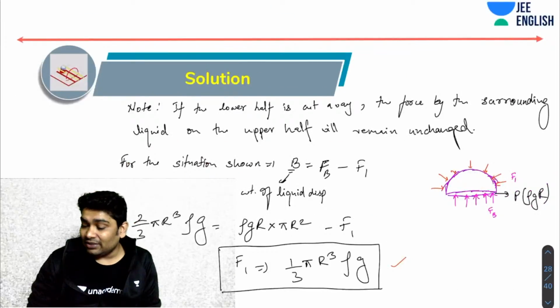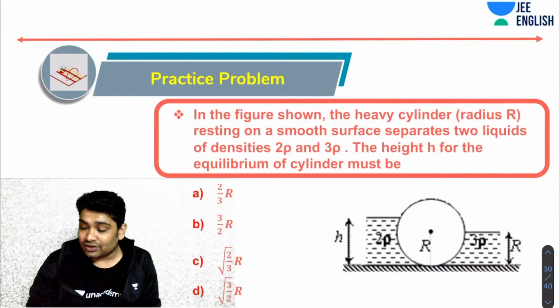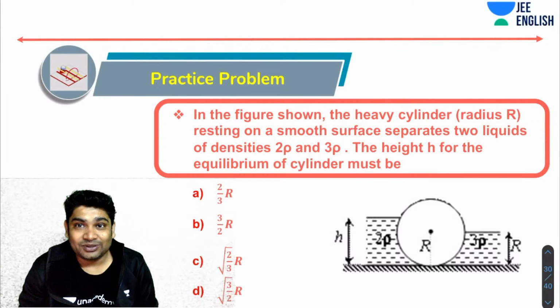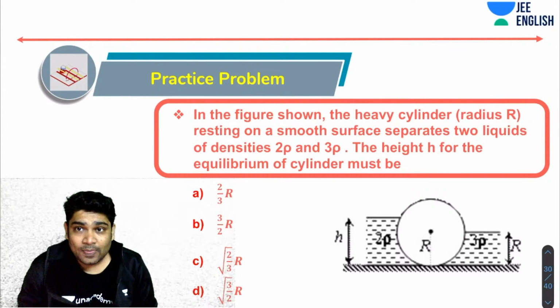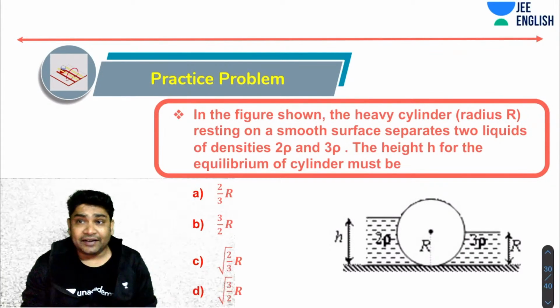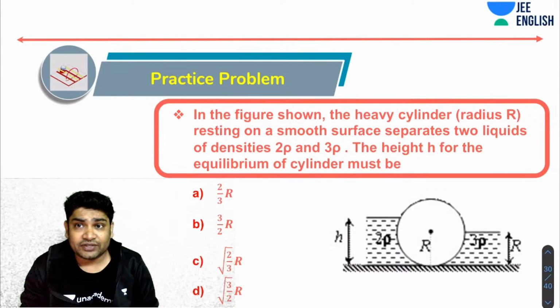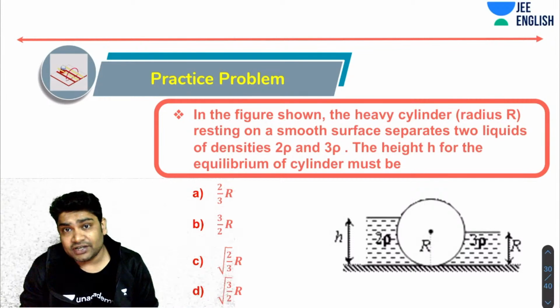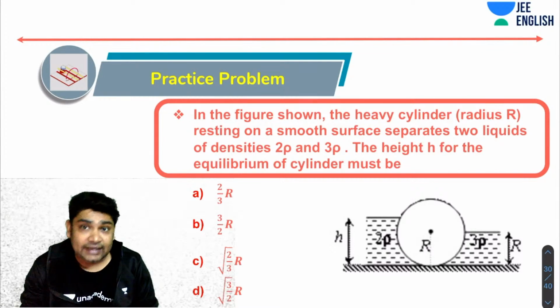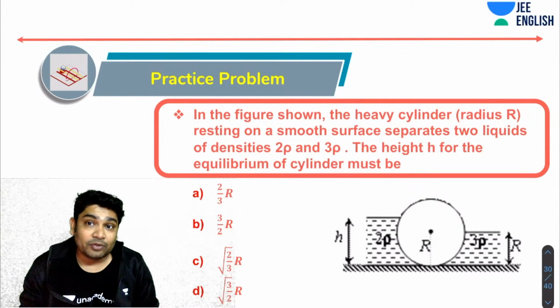Now, similarly, I have one more interesting problem for you. In the diagram shown, a heavy cylinder of radius r is resting on two smooth surfaces, separating two liquids of densities 2 rho and 3 rho. The height h for the equilibrium of the cylinder must be